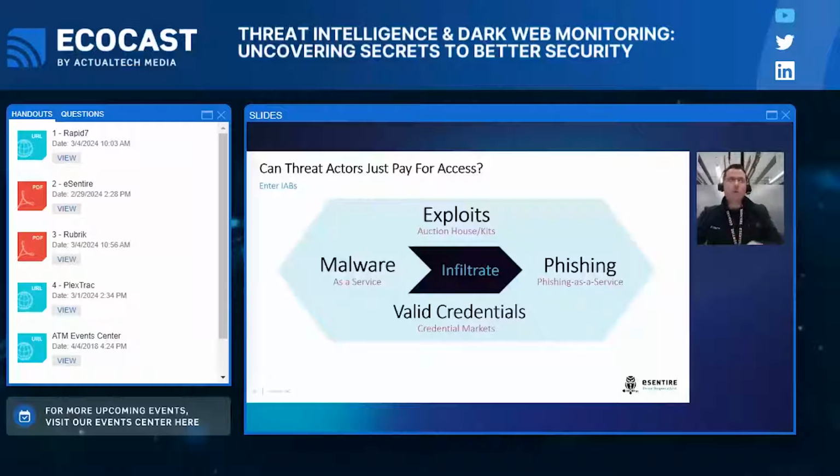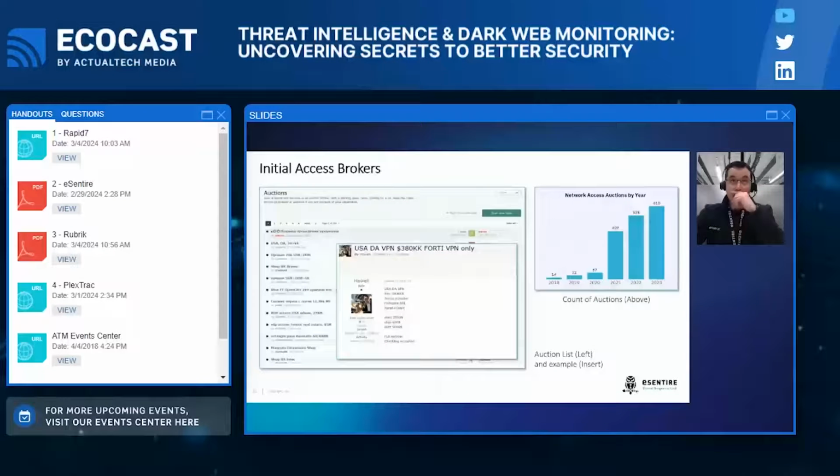Now, what if you can't be bothered to go buy these individual services? What if you just want to bring your cash and gain access or get the keys to networks? Well, there is a dark web offering that will essentially gift wrap network access to the highest bidder, and these are called initial access auctions. Essentially, these brokers will sell remote access into victim networks. So here we've got an example on screen.